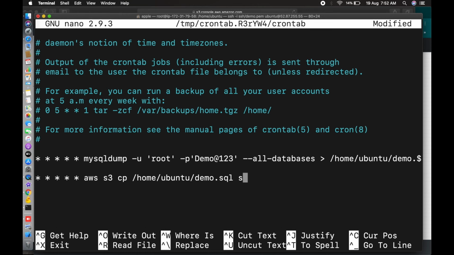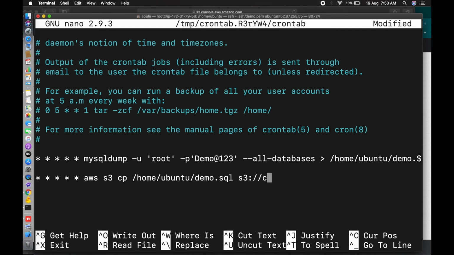The full path is /home/ubuntu/demo.sql and your destination is S3, like s3:// your bucket name here, codingx-db-backup, right?